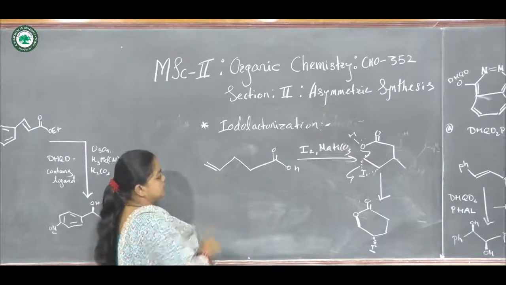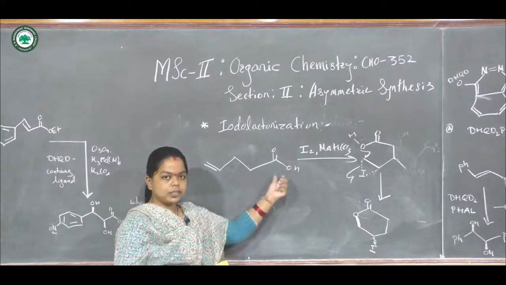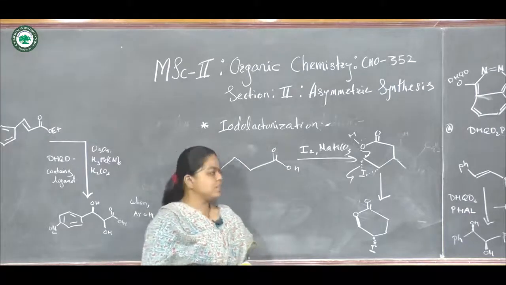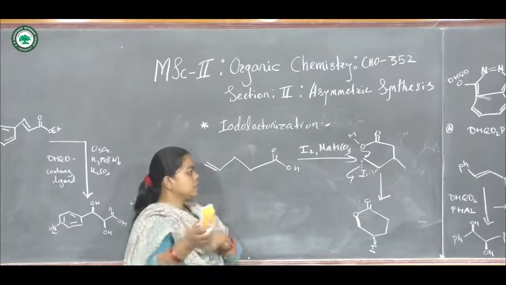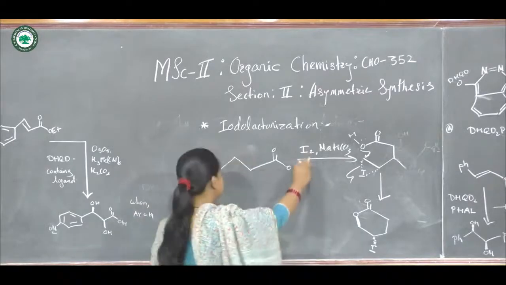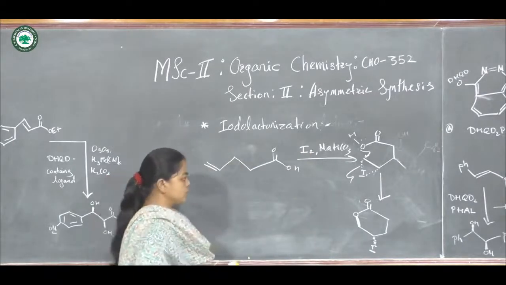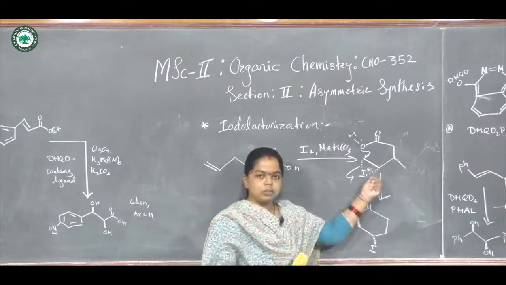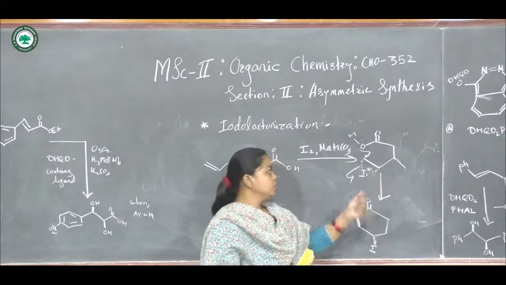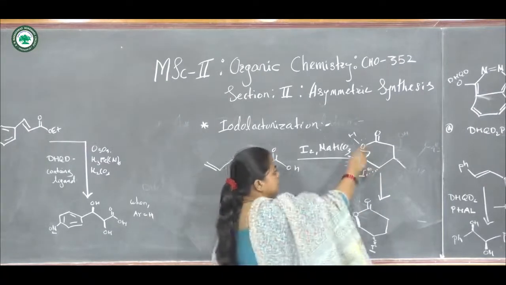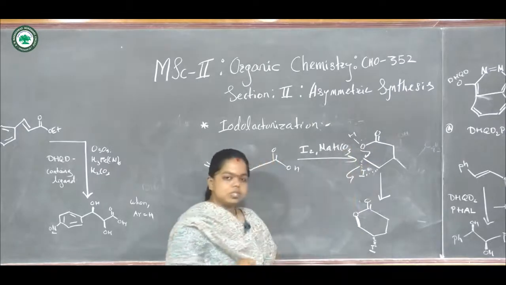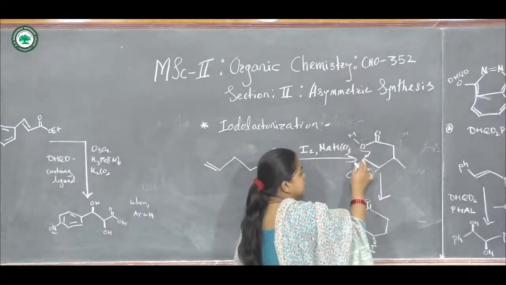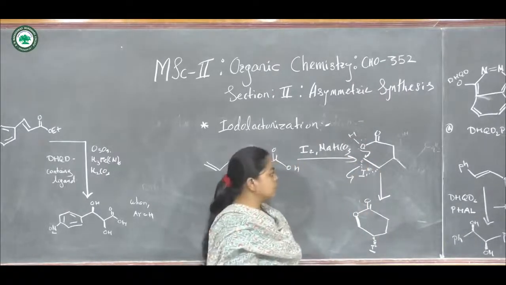Now let us consider this type of double bonded compound, along with a carboxylic group, that is reacted with iodine in the presence of sodium bicarbonate. In this case, at first the iodine reacts with the double bond to form the cyclic iodonium ion. This cyclic iodonium ion is formed like in the bromination reaction, and we know that it is electrophilic in nature. Here the carboxylate group present in the same molecule has lone pairs, and this lone pair can easily attack. As it is an intramolecular reaction, it is faster.